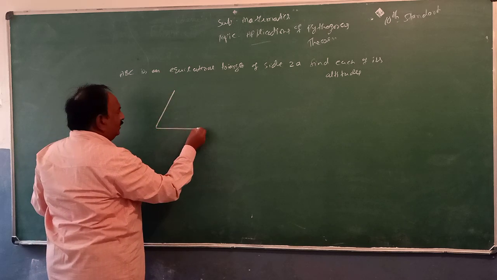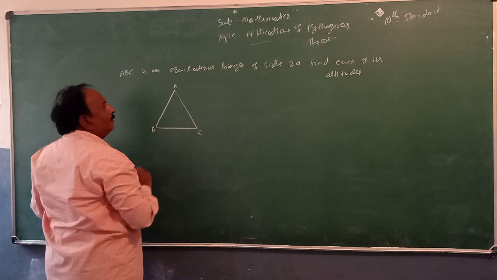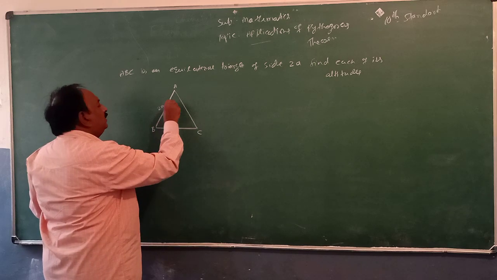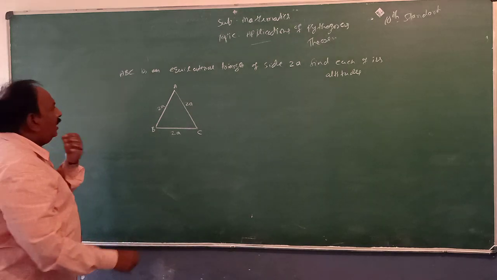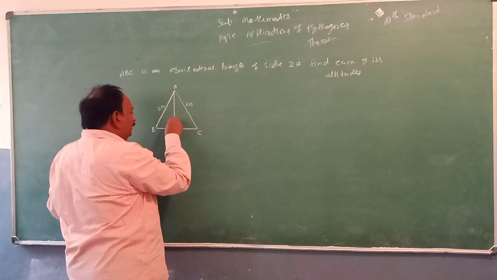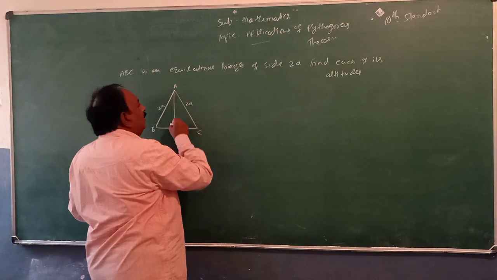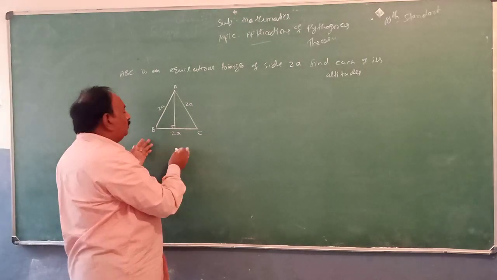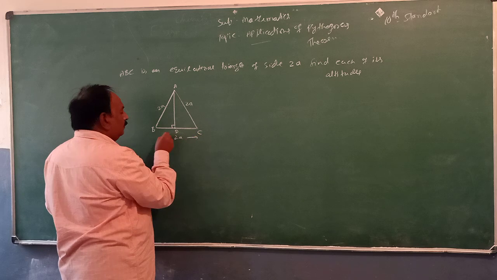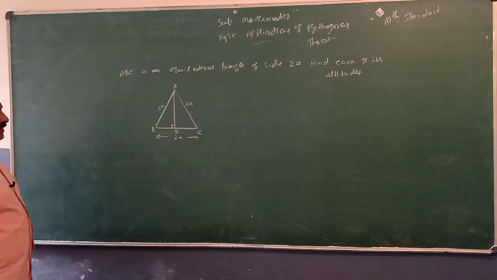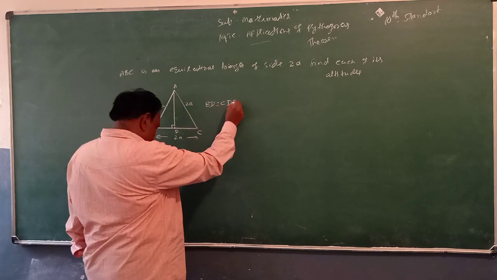First write an equilateral triangle A, B, C, each of side 2A. Draw, we have to find the altitude. Height with 90 degrees, that is the altitude. This altitude divides the third side into two equal parts. Call it D. BD is equal to CD is equal to